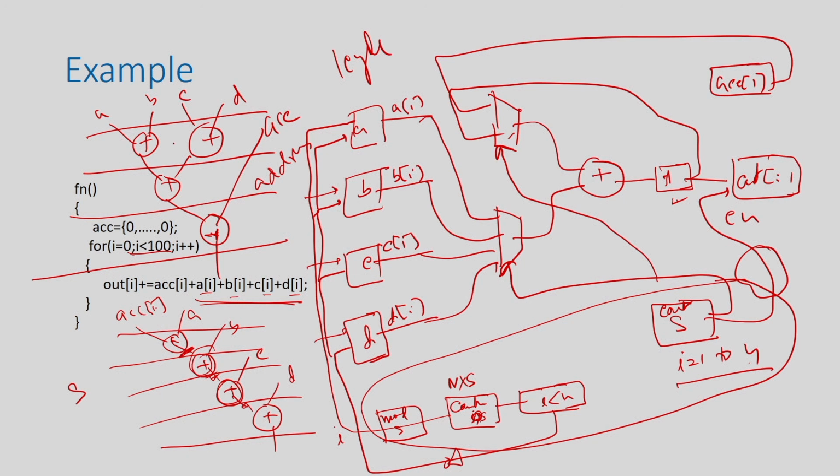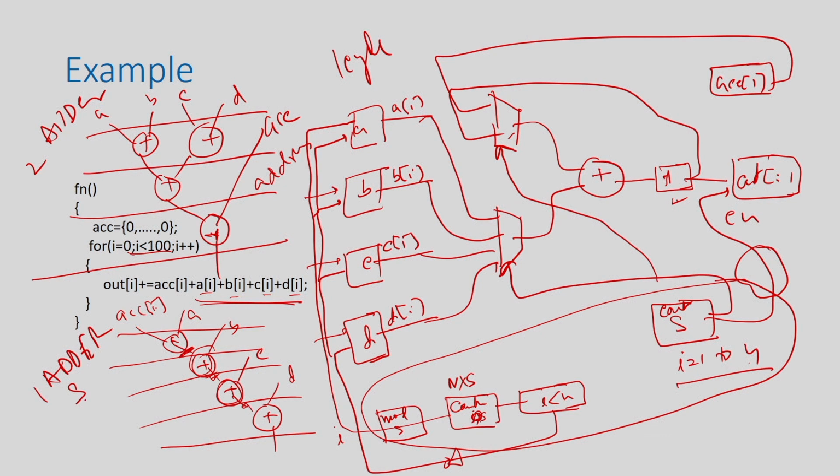So, since here there are 2 parallel operations, I need at least 2 adders, right. For this design I need only 1 adder, but here I need 2 adders because there are 2 operations running in parallel. So, based on your dependency, you can actually modify the dependency based on your resource availability, and actually you can improve the performance.